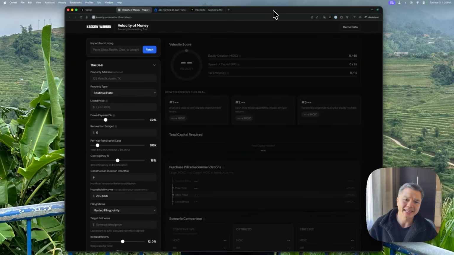So if you're listening to his podcast or watching him on YouTube, you might not be ready yet or in the position to do the community offer at $9,000, but for $19 per report, or $50 a month for X number of reports, you can subscribe and access the Velocity of Money property underwriting tool. And maybe the first report is free and that's a lead magnet. So it becomes a valuable asset within Cassidy's funnel, right?